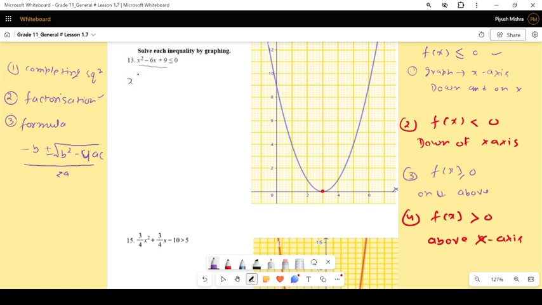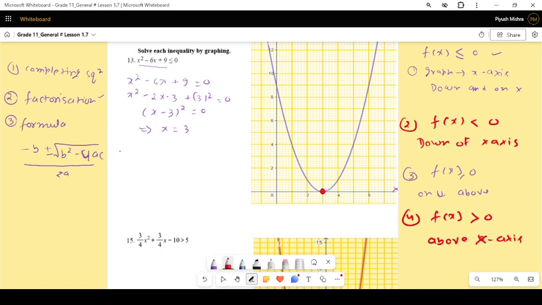So I can see that x square minus 6x plus 9 is equal to 0. Further solving it, I can write x square, I can write 2x times 3, and I can write 3 whole square is equal to 0. If you remember, it is the formula of x minus 3 whole square is equal to 0. So from here x is equal to 3 you are going to get. You can see here that the graph is touching at x is equal to 3.